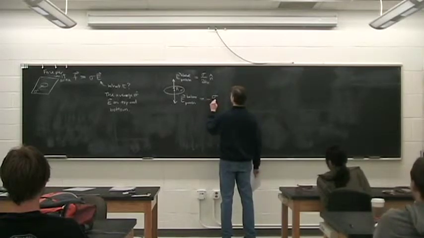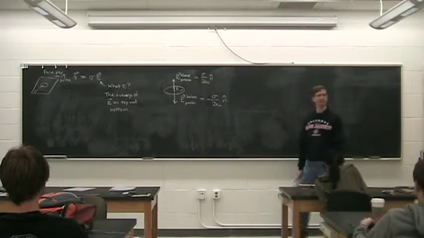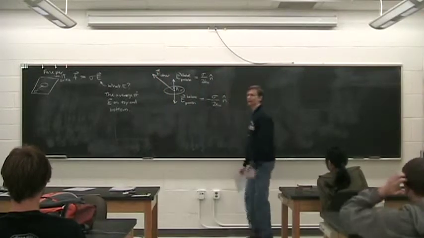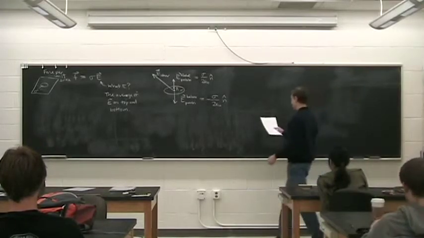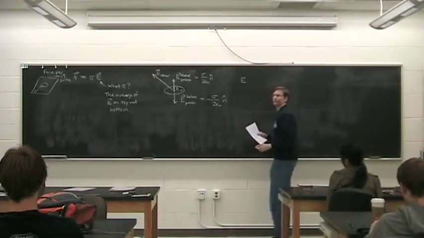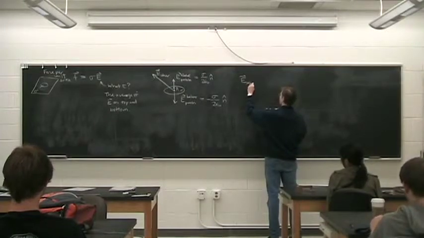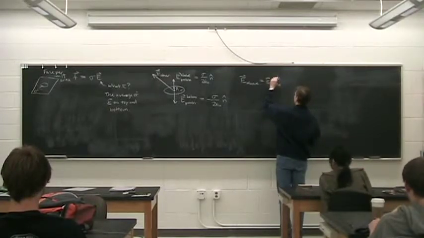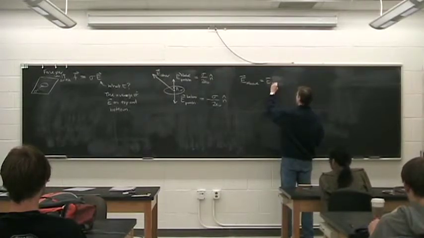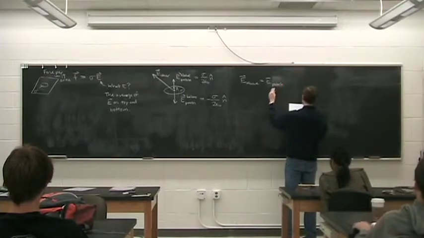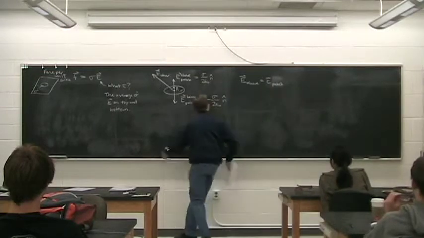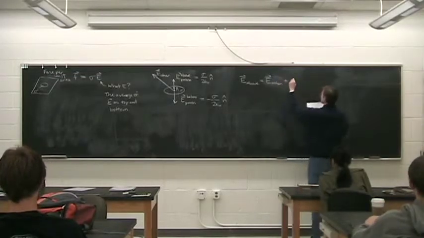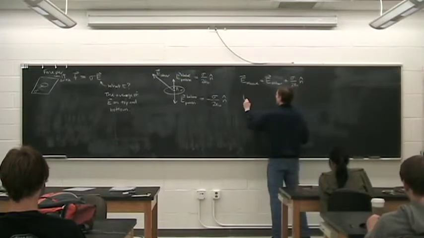All right, so then below, minus sigma over 2 epsilon naught n hat, and then here's the electric field due to all the other charges in the system, E sub other. Who knows which way it really points. So then we could say that the total electric field above is going to be the electric field due to the patch plus the electric field due to the rest of the charges in the system. Funny use of subscripts and superscripts, huh? Never mind. So E above is equal to E other, is what I really meant to say here, silly Dr. Harmon, plus sigma over 2 epsilon naught n hat, whereas E below